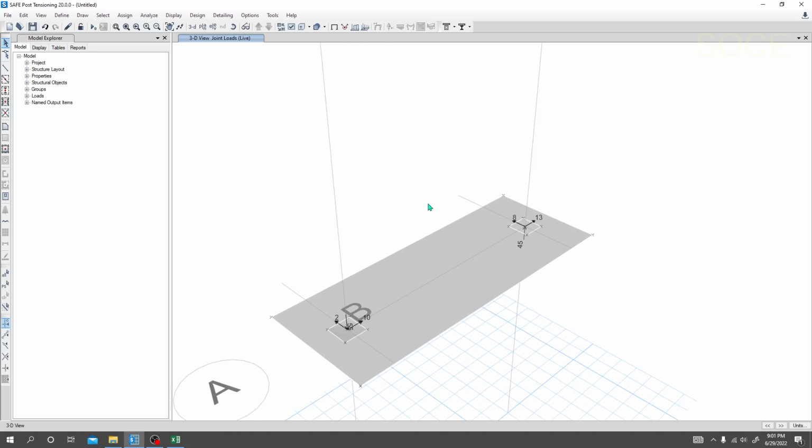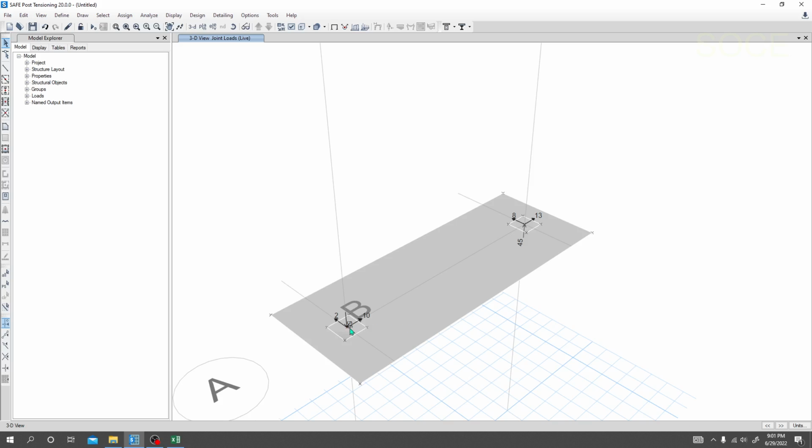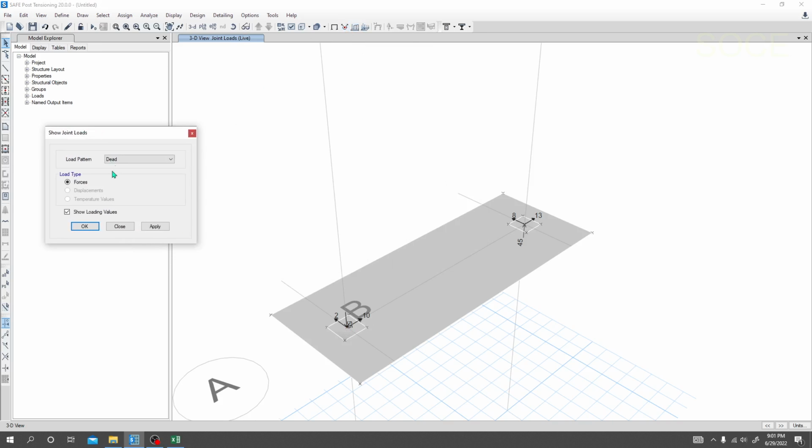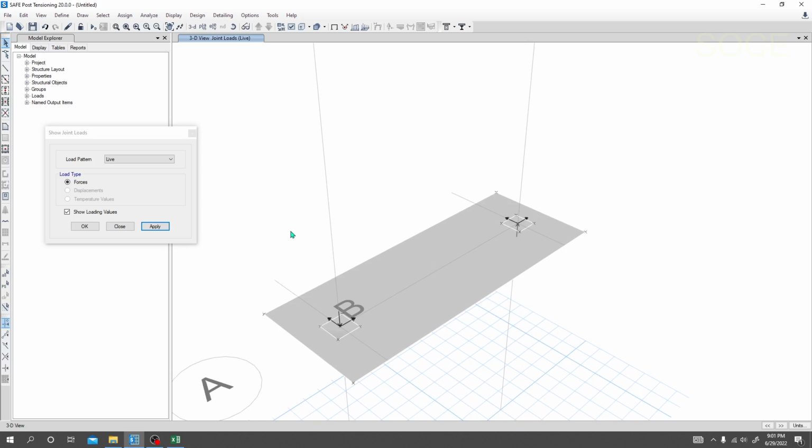Okay, oh, sorry, I have made a mistake here. Just see here, the load is showing in up direction, but here this is in down direction for live load. Again, if I just go for the point load, if we see for dead load, so this is okay for dead load, but on that side there is no dead load actually. And also if I just go for live load, here just see the live load is available, but